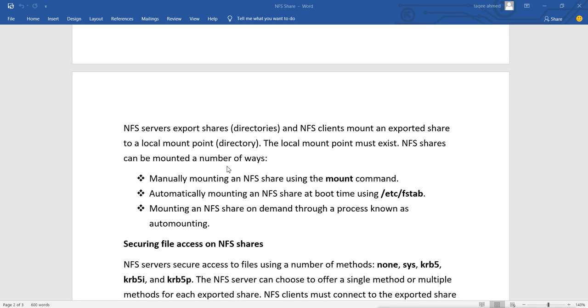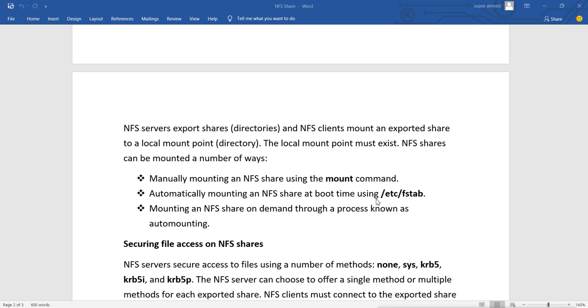Manually we can mount an NFS share using the mount command, just like we mount normal partitions. Then we can automatically mount an NFS share at boot time using the fstab file.